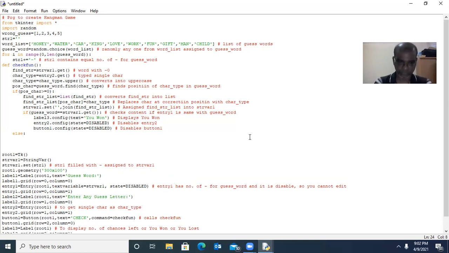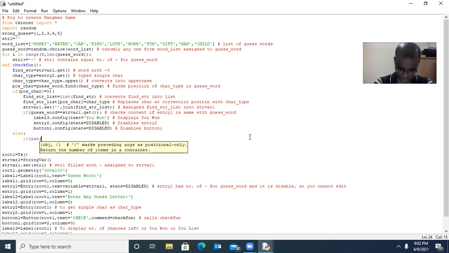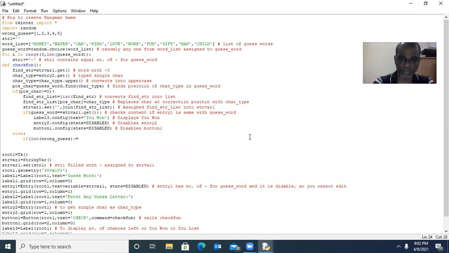Else, if len of wrong is greater than or equal to 0. So wrong is one list that contains numbers 1 to 5. Already we are having 5 items. So len of wrong returns number 5. 5 is greater than or equal to 0. Good.